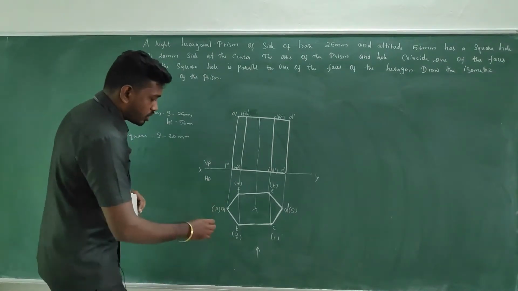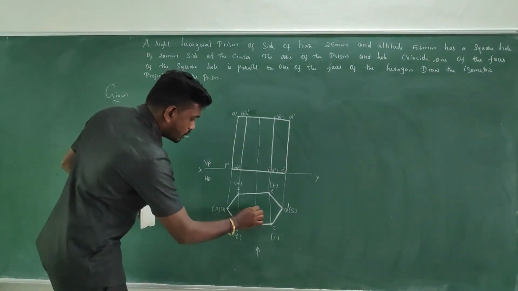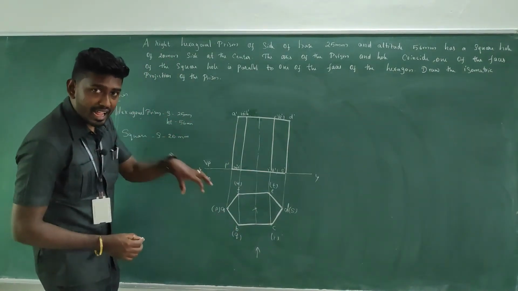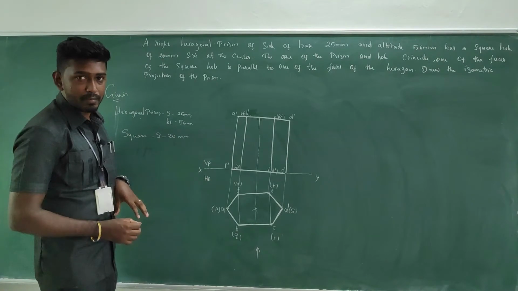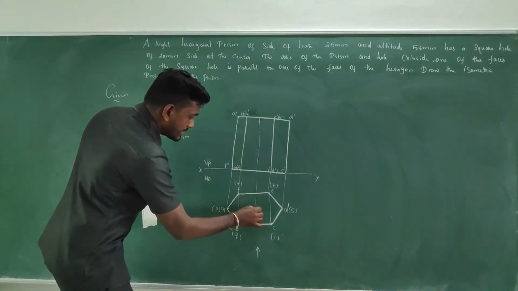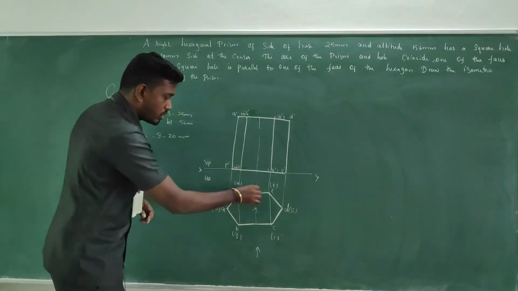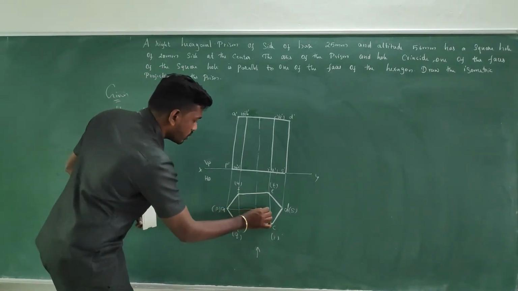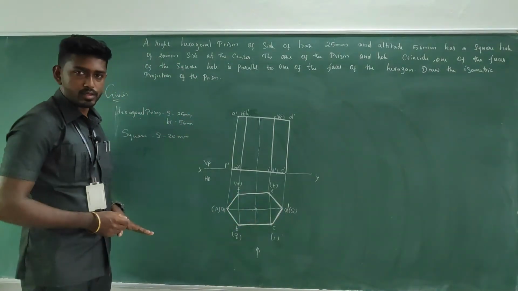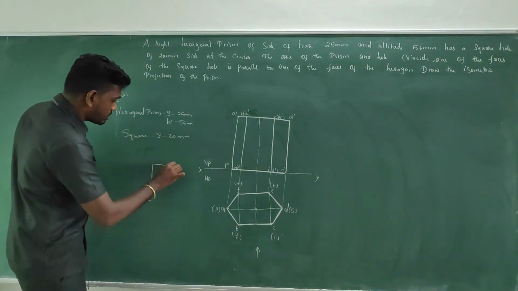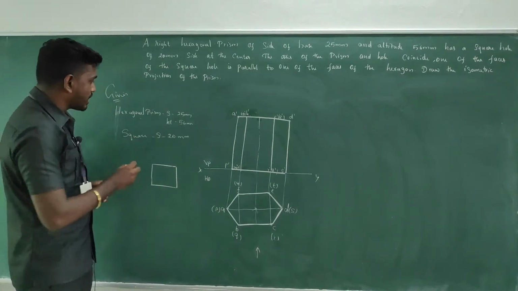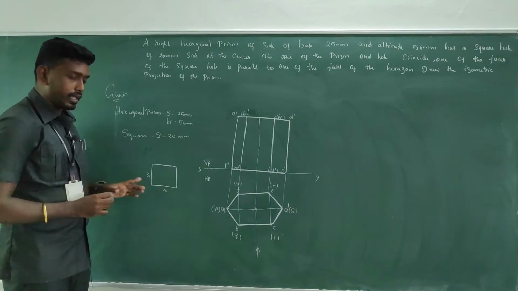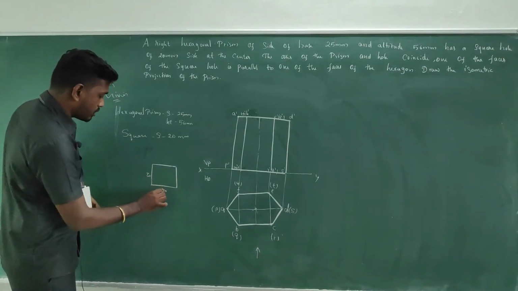Okay. So here, in order to place it, I am going to draw a cross line. We need to specify it at the center of the prism. So for that, through the center, I am going to draw the cross lines. A vertical line, and then a horizontal line through the center, something like this. See, this is the square. The dimensions of the square are given as 20. So if it is 20, the width is also 20. Am I right?